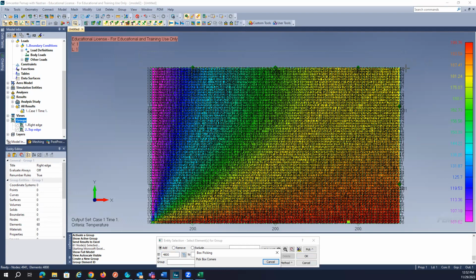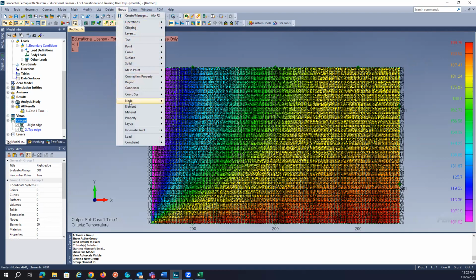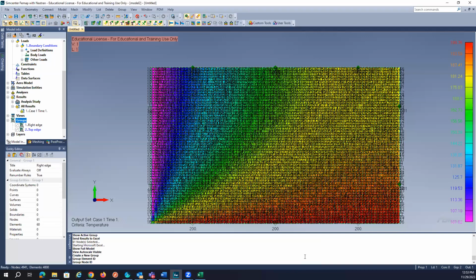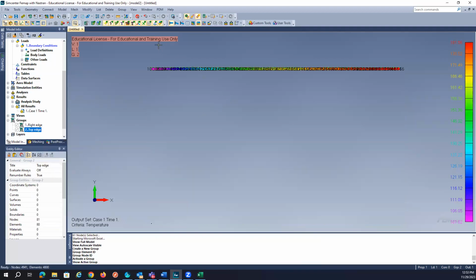I'm going to select just these ones here. Okay. Group nodes ID, pick box. I do the same. Okay. So top edge, show active group, and I can do the same thing with list, output,